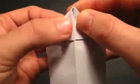So just fold that corner in just like that, and make another crease. And you could run your fingernail over there. Then you can unfold both of the corners, and we could just fold it backwards. If you want to flip the model over and fold it that way, it's fine. But you could just fold it backwards on the same crease which you just made, and run your fingernail over